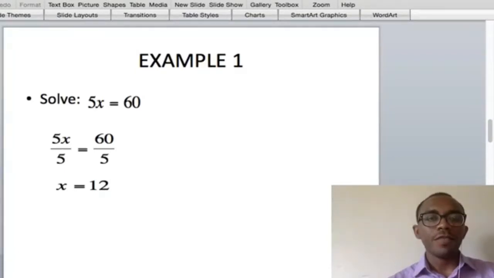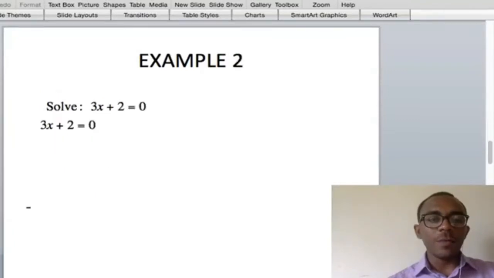Okay, good. Now let's move to the next example. 3x plus 2 equal to 0. Solve for that. Now, remember again, I might have to go back to the same rules. What does the rule say again? The rule says first and foremost,